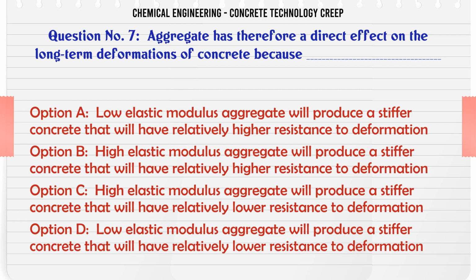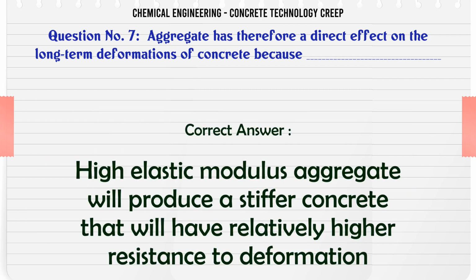C. High elastic modulus aggregate will produce a stiffer concrete that will have relatively lower resistance to deformation. D. Low elastic modulus aggregate will produce a stiffer concrete that will have relatively lower resistance to deformation. The correct answer is high elastic modulus aggregate will produce a stiffer concrete that will have relatively higher resistance to